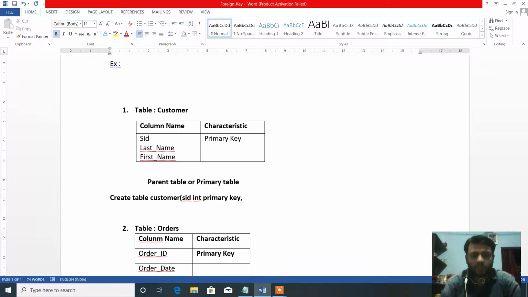Okay, the next column name is last name. Its data type is varchar here. Size you can assign. Next column first name. Its data type is varchar here. Size is now this is